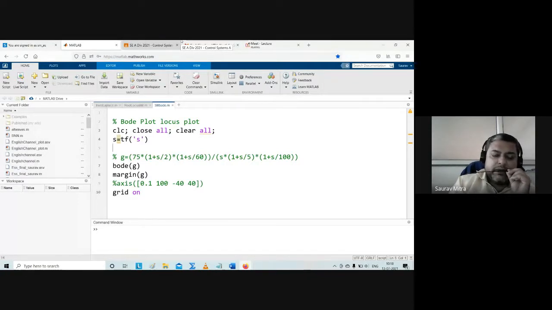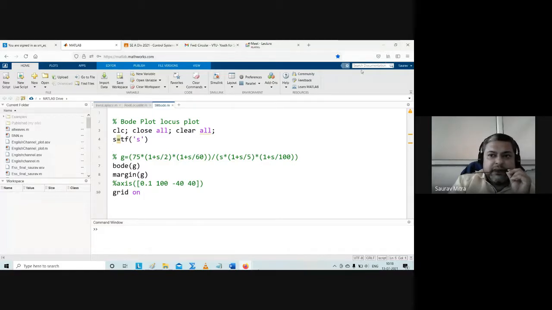K was a gain which we could change in the case of root locus, but in the case of Bode we find the transfer function, and depending on the different values of frequency, the G(s)H(s) value keeps on changing. So here is the main function. There you can find clc, close all, clear all. I have saved this program as SM Bode. Then s is tf. tf is a function we have seen, and Bode is another function, and margin.